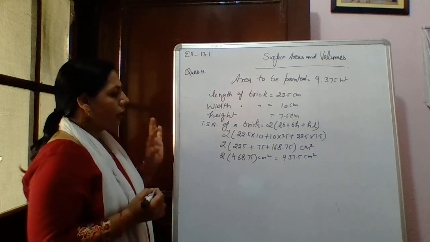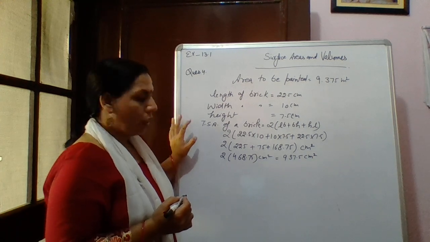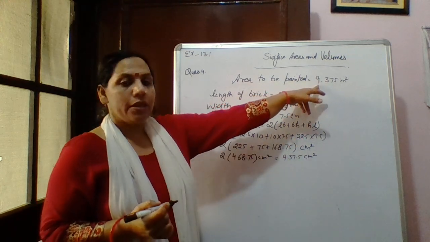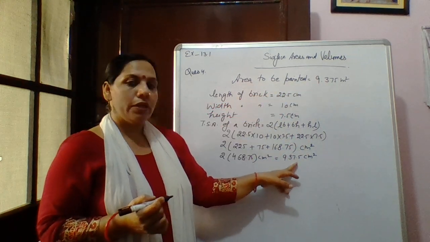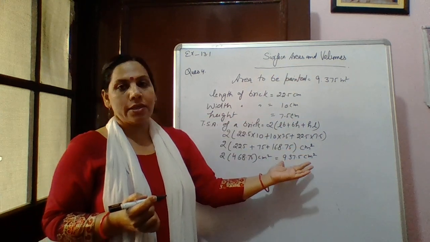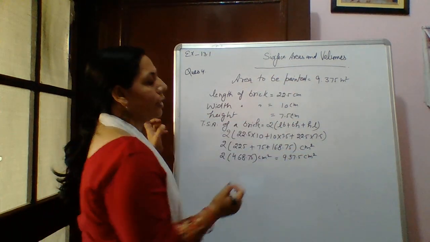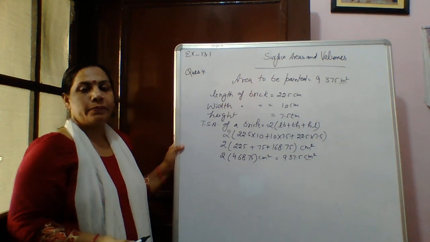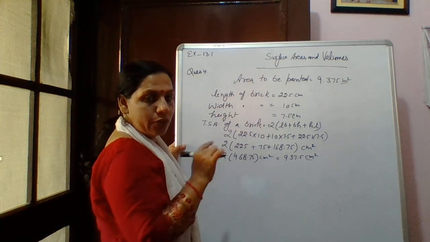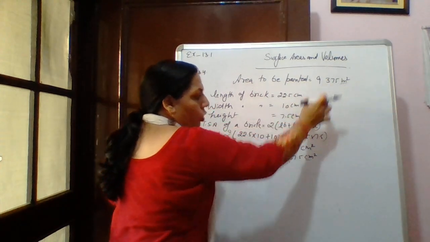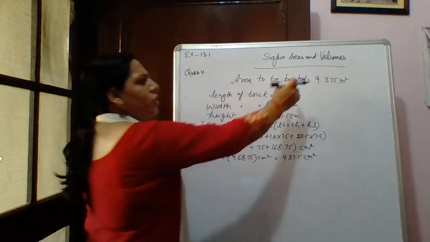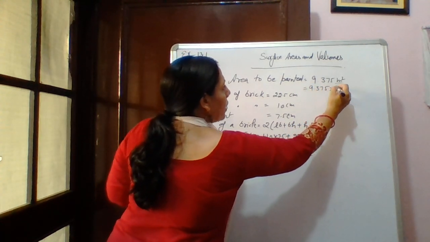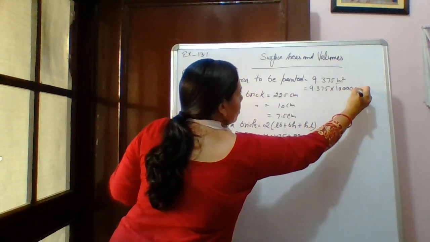Now students, हमने total surface area find out किया है. We have find out total surface area of a brick. Total area हम इतना पेंट कर सकते हैं. वन ब्रिक का एरिया दिस वन है, तो हम इस एरिया को वन ब्रिक के एरिया से डिवाइड करेंगे. बट देयर इज वन प्रॉब्लम, एंड दैट इज these are in meter square and these are in centimeter square. तो आपको इन दोनों में से किसी भी एक यूनिट को चेंज करना है. You can change this one or you can change this one. So I am changing it here. I can write it. I will multiply it with 10,000 for making it centimeter square.